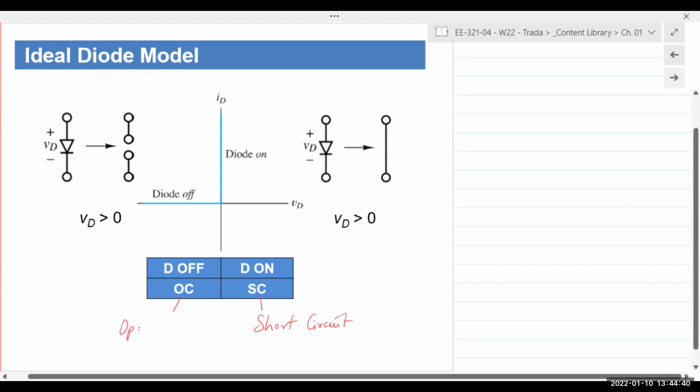And this is an open circuit. Forward bias